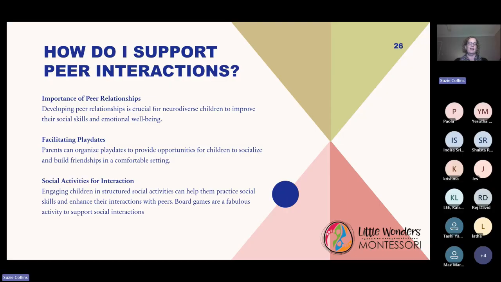And when we do organise those play dates, it's really important that we create some structured activities, so that we can help them use those social skills within the play date with their peers and have really good interactions. My little suggestion is that board games are a really fabulous way to have those social interactions. They teach turn taking, tolerance and sportsmanship.